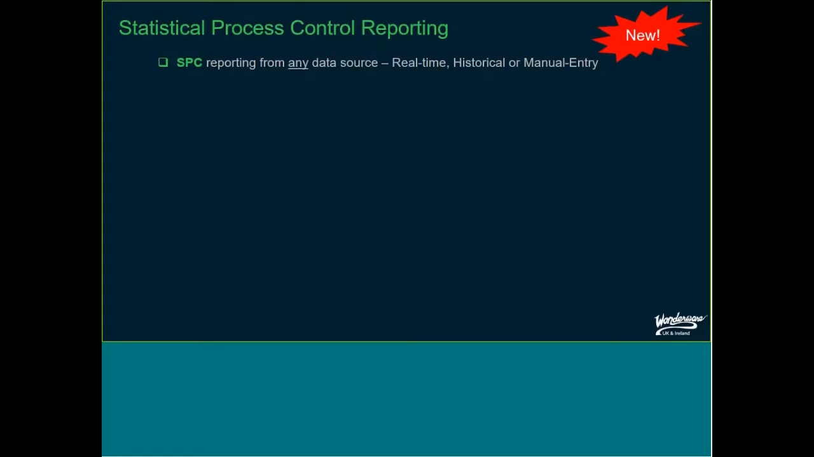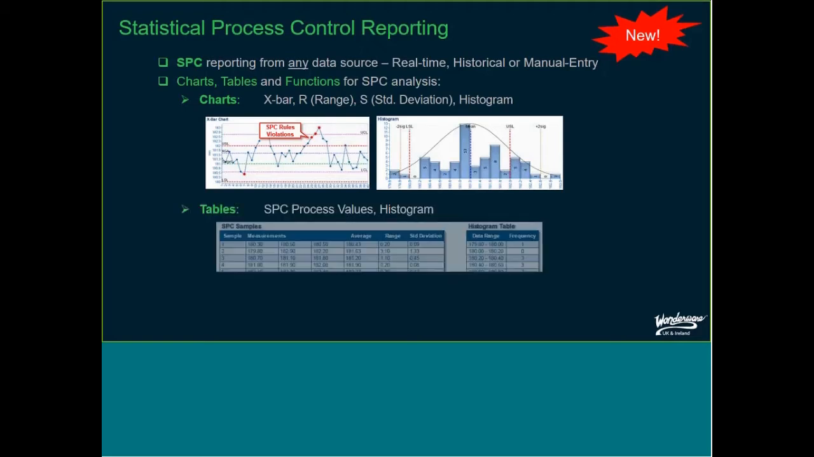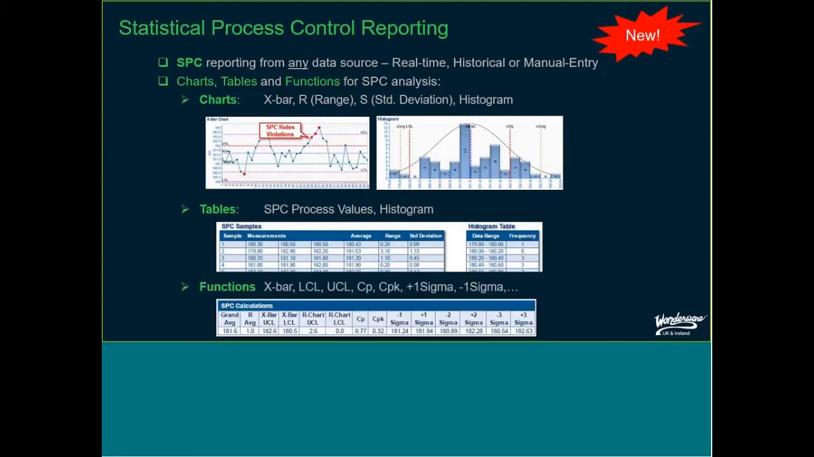Dream Report also includes statistical process control. So it will connect to any one of our data sources, be that the real-time, historical, or the manually entered data. It provides by default all the charts, tables, and functions that are required by SPC. That is your industry standard XBAR reports. It will show you all the SPC rule violations and do all your histograms that are required in an SPC environment. It will also give this to you in tabular format and perform all the functions like sigma reporting,